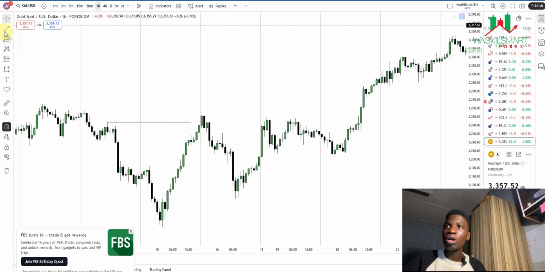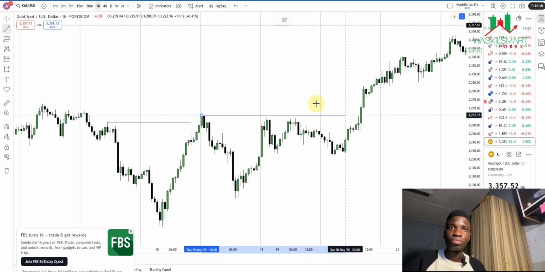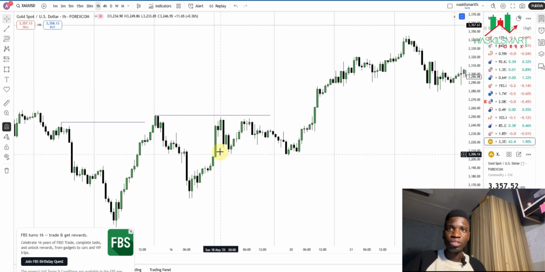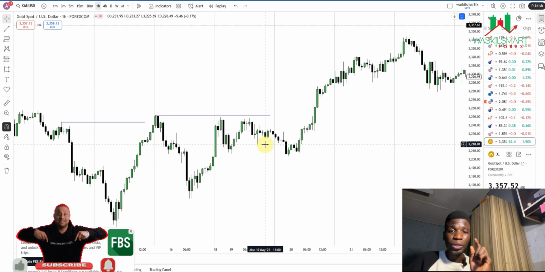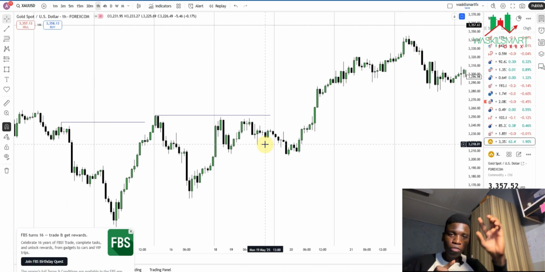But when the market has not yet broken this zone, on Monday the market traded as if it was consolidating. And I know that when the market consolidates, the next day or the next candle is going to go for liquidity first before expansion. There is always liquidity before expansion. It is consolidation, or something we call accumulation,